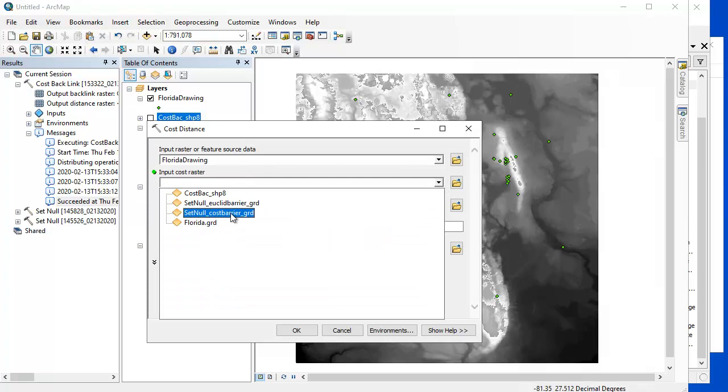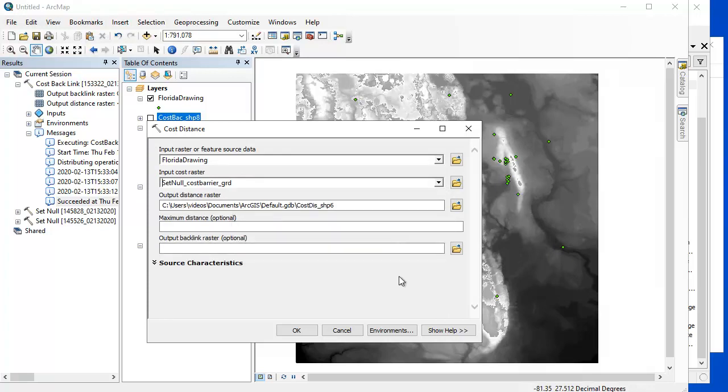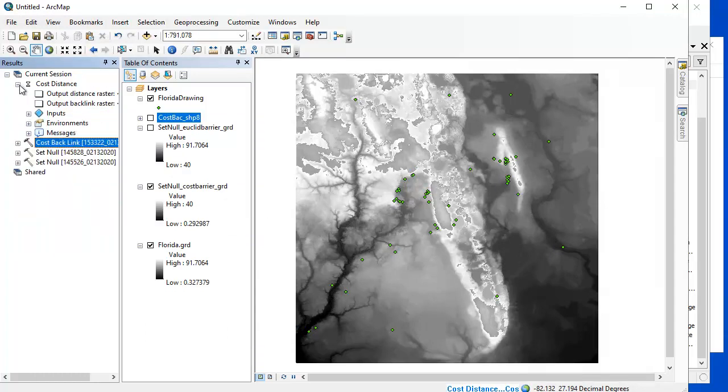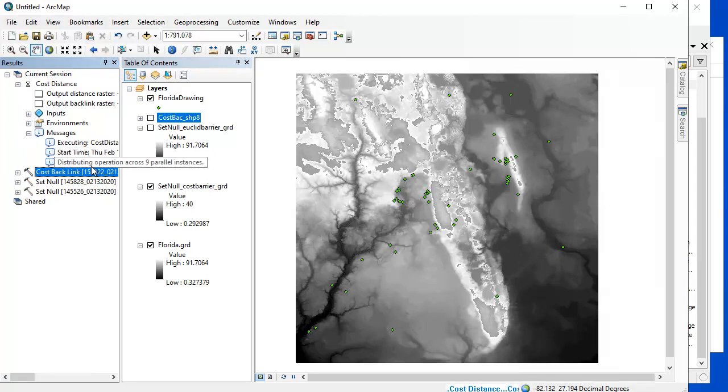Again, we're going to use the cost barrier grid that we computed to knock out a few pixels. Let's click OK. And this one is also going to be quick. One of the things I really like about ArcMap, by the way, is how it reports the environments and the messages. We are using 100%